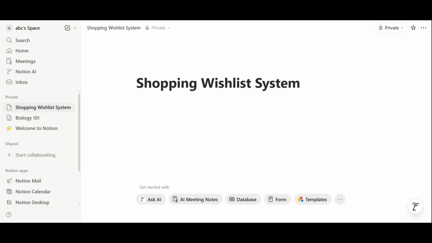In today's video, I'm going to show you exactly how to build a simple but powerful shopping wishlist system in Notion from scratch. This is perfect if you want to track items you plan to buy, compare prices, set priorities, and stay organized without using multiple apps. By the end of this video, you'll have a clean wishlist table you can customize for anything from tech gadgets